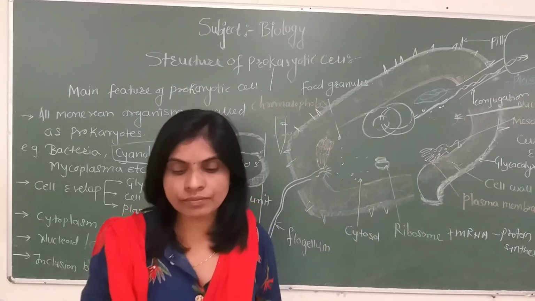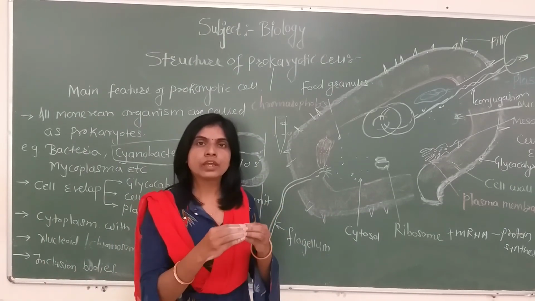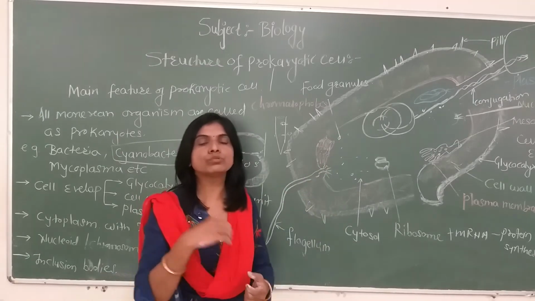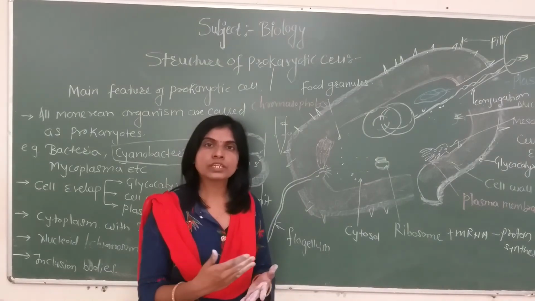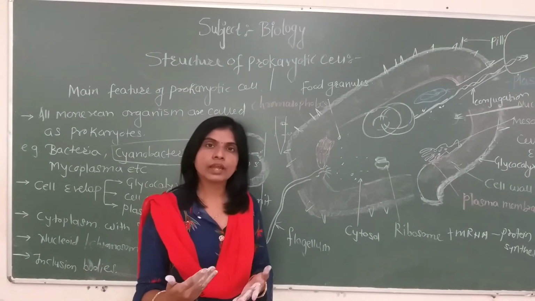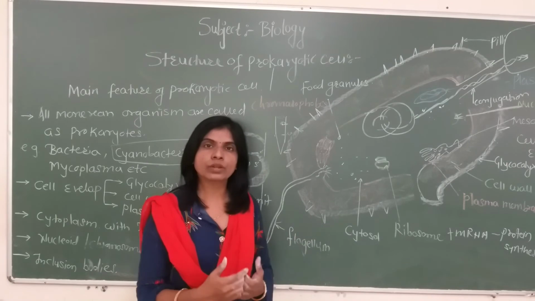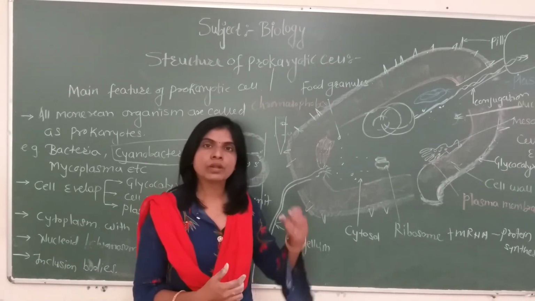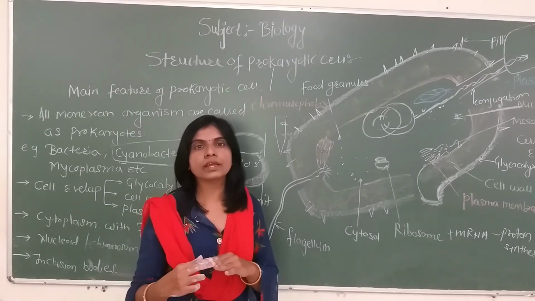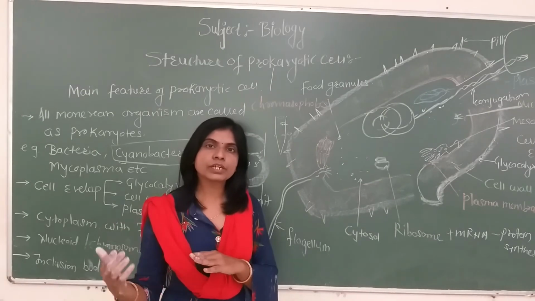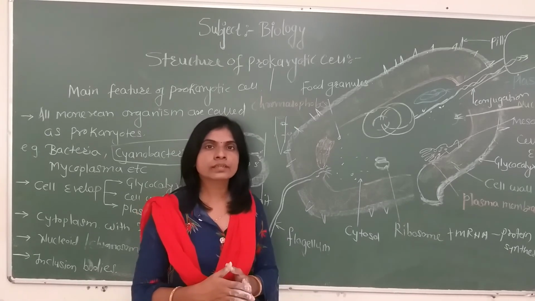So in this manner, if the plasmid is responsible for the formation of a tube between two adjacent prokaryotes and allows the transfer of genetic material from one bacterium to another, it's like the union of male and female gametes seen in higher plants and animals during sexual reproduction. So the union of genetic material from two different organisms is possible because of the F plasmid or episomes. They allow the bacteria to form a tube with an adjacent bacterium and transfer their genetic material. So the genetic material of these two bacteria unites, and this is the simple sexual reproduction called conjugation.